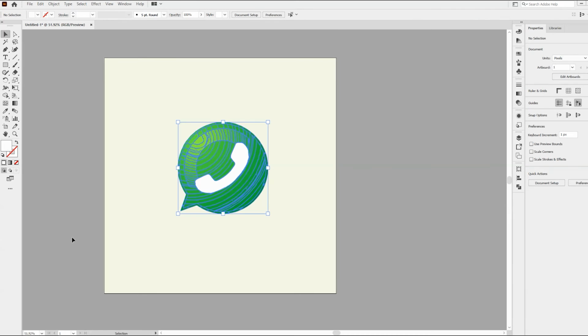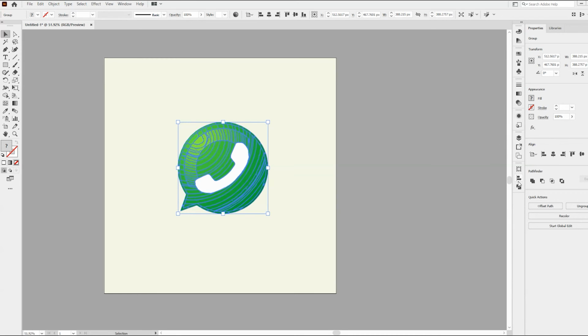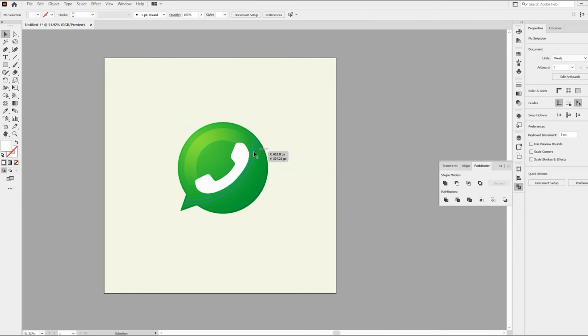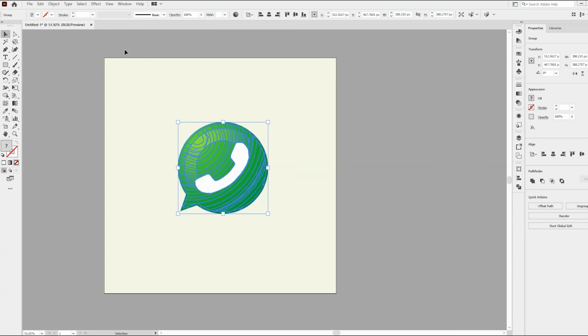Also you can go to the Pathfinder, then hold the Alt button on the keyboard and click on Unite. Now this is a complete group. Now select this, press Ctrl+C to copy, and also press Ctrl+B to paste in back.